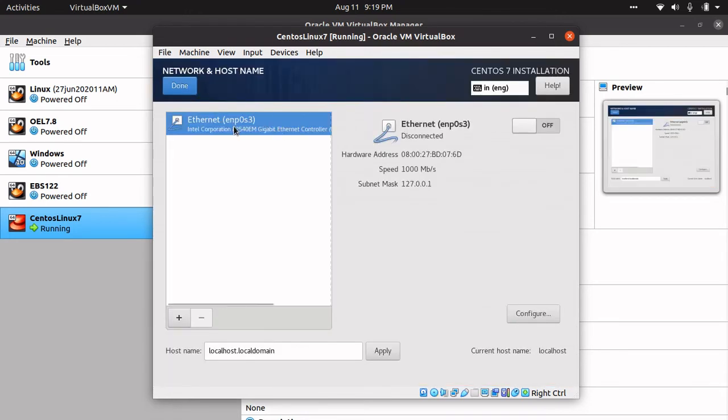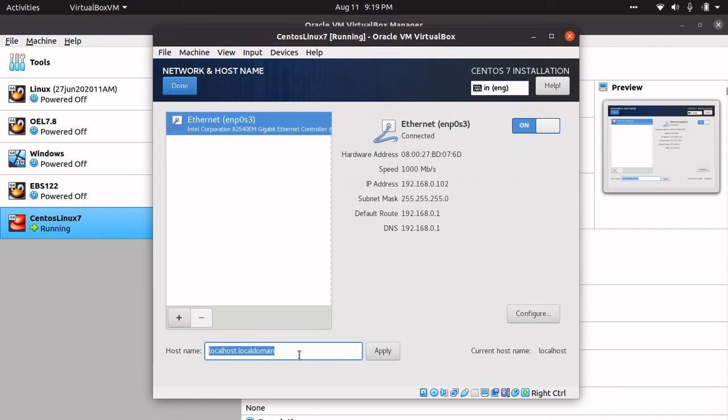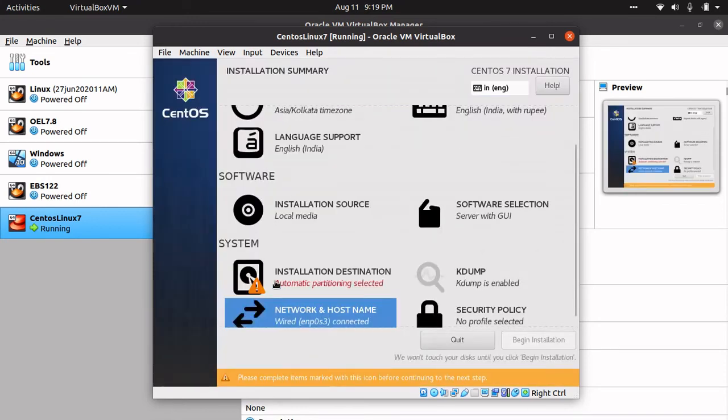Network. See, I have attached the adapter, the bridge adapter, which we selected during the machine setup. I can turn it on, and I can give a host name to this machine. The host name is the machine name that is used for that specific machine. I can give it as techlife1.lab. This should be my machine name, and I will click on apply. This is my host name, and I will make sure my Ethernet is connected. Once this is done, you click on done. That would be set up. See here, it will show you wired connected. Meanwhile, our software install media and those checks are also completed.